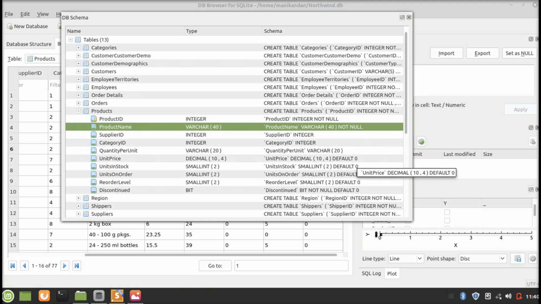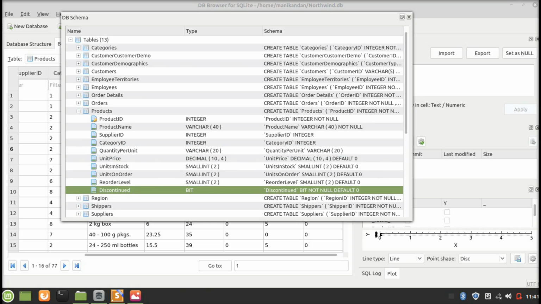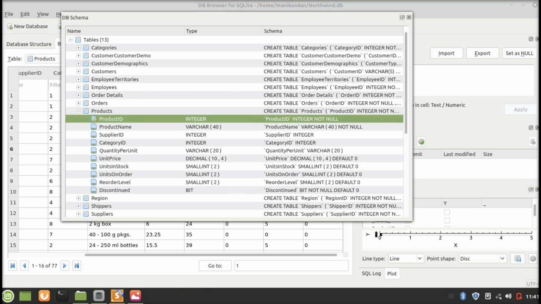Whenever we are not giving any value to this unit price, the default value 0 will be stored when we are creating a new record. Units in stock, units on order, and reorder level are small integer types, and the default value of all these is set to 0, so that the data dictionary will contain the details of the data type of each field of the table called product.